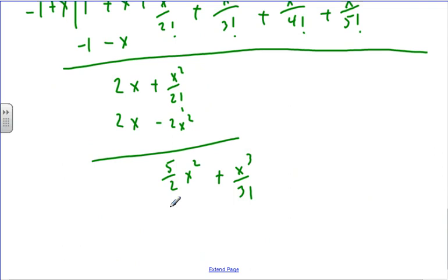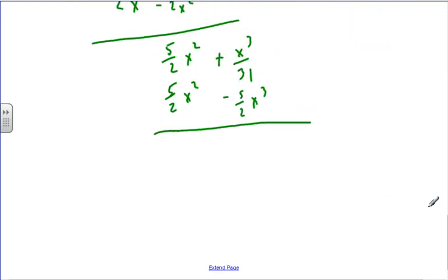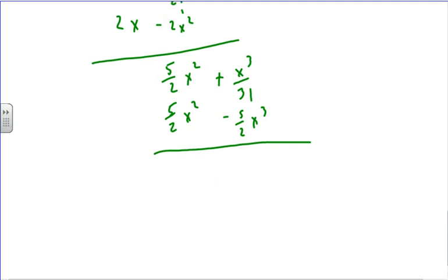Okay, I'm going to have 5 over 2 x squared minus 5 over 2 x cubed. That guy goes away. Okay, so I got 1/6, because 3 factorial is 1/6. It doesn't look like a factorial, though, does it? There we go. So I got 1/6